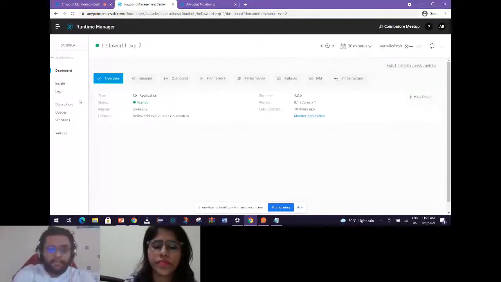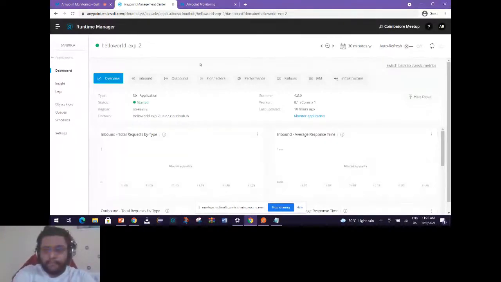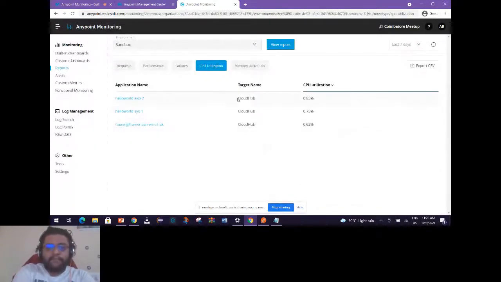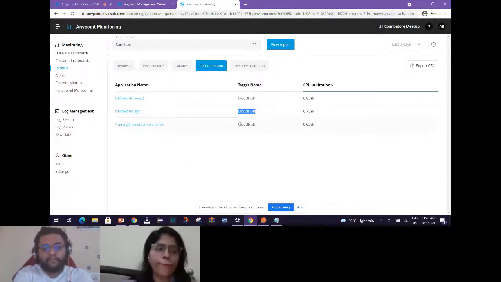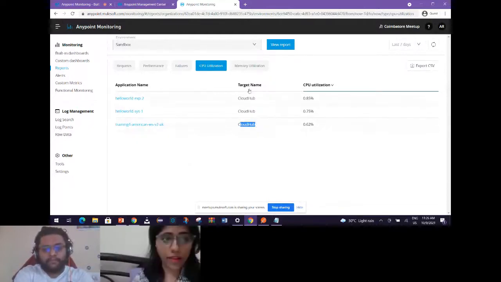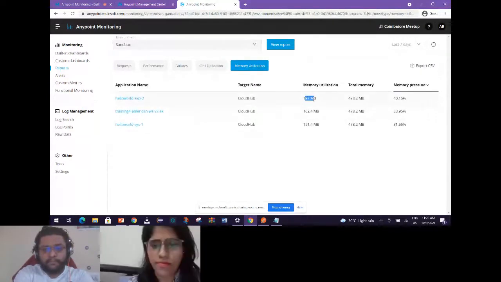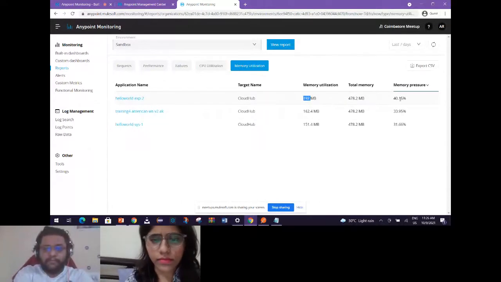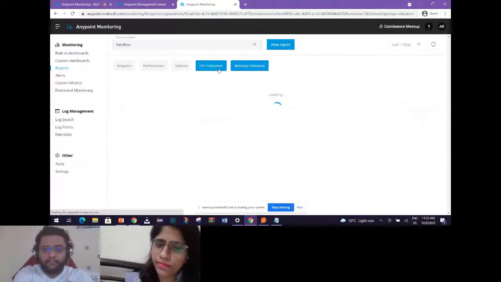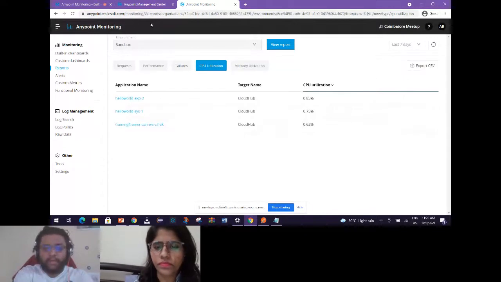Yeah. So these are the same features that you can see over here. CPU utilization is the total resource allocation that has been given to your application, whereas memory utilization is more in terms of heap memory utilization, like how much was available to you, how much you have utilized, and what the percentage is. Okay, okay.